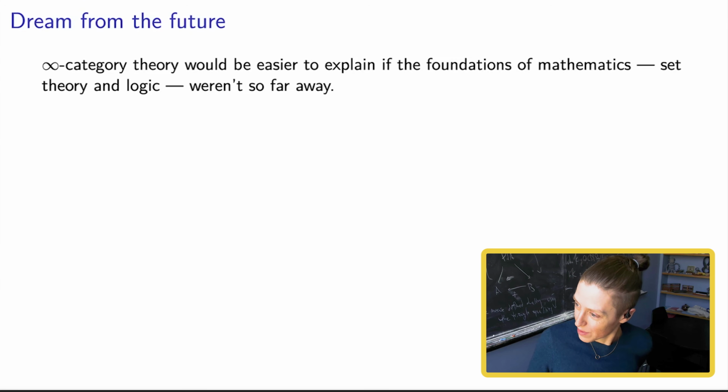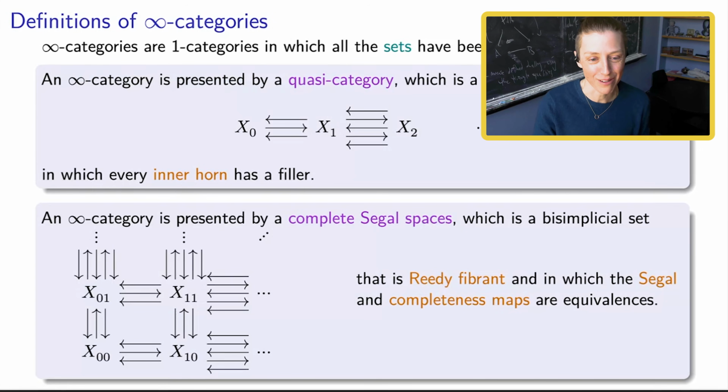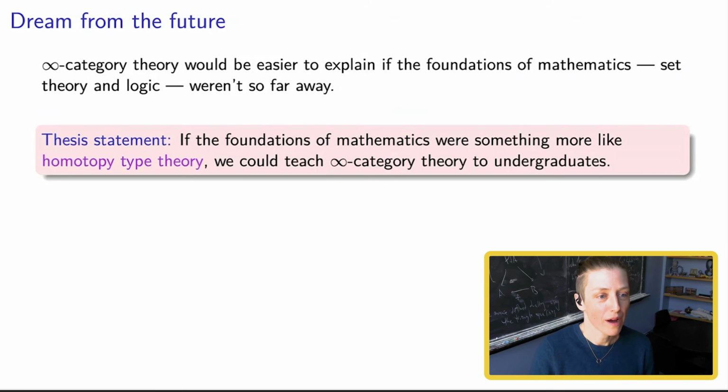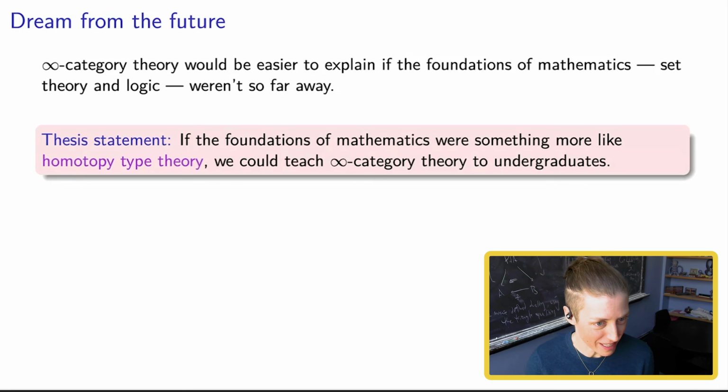So to make them fully precise in the language of set theory requires definitions like this that are precise in the language of set theory, but aren't obviously connected to the intuition of an infinity category. So here's my thesis statement. If the foundations of mathematics had some sort of higher structure, and to be precise, were something more like something called homotopy type theory, which I have not introduced, but I will,